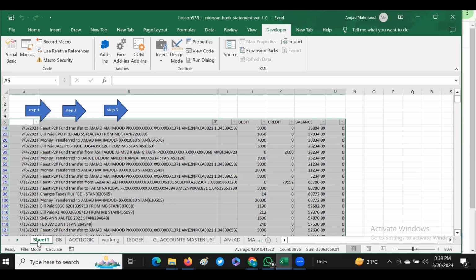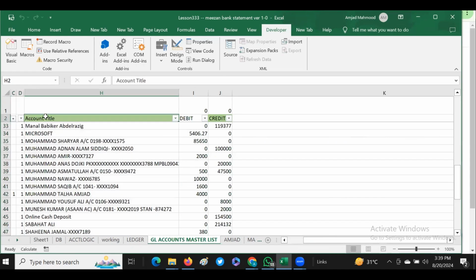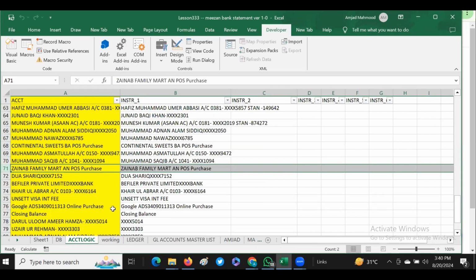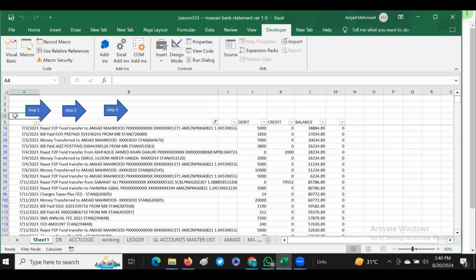First of all, we are going to recap what we have learned so far. We learned how to convert the PDF of a bank statement into Excel, and then how to summarize them into the account-wise list, right? And then how to get a ledger for a particular account, right? So how to build an account logic, right? So let's do a startup from the very start, just to get a recap of it,